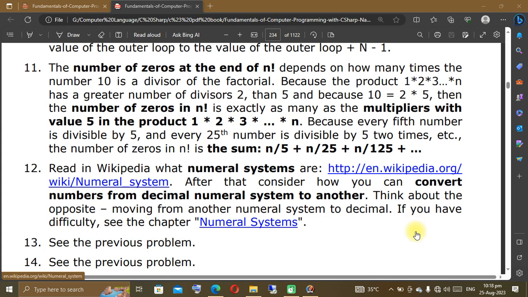What is a numerical system? After that, consider how you can convert a number from the decimal numeral system to another. Think about the opposite: moving from another system to decimal. If you have